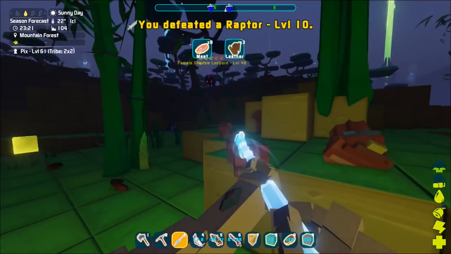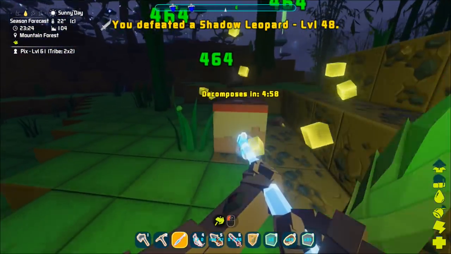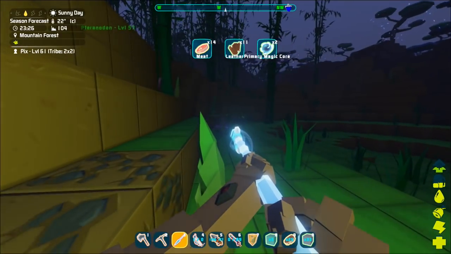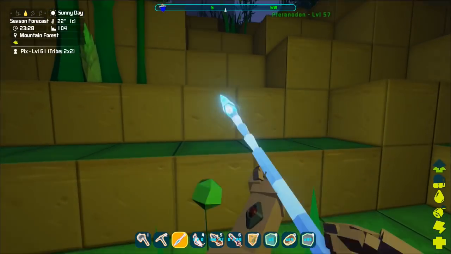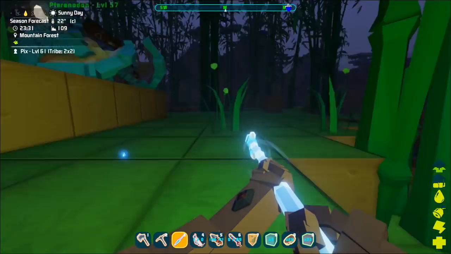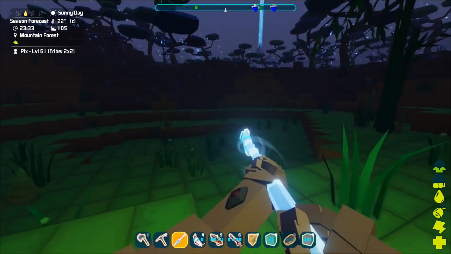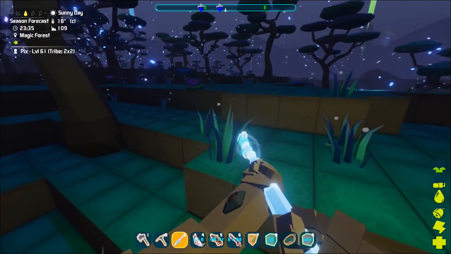There you go. Poof! And there's a shadow leopard as well. There's a couple of these guys around. They shouldn't be too much trouble at this stage, but you never know. I think we're going to approach this on foot, mainly because I don't want to lose my Pteranodon. I keep losing them, and I haven't even named this one because I'm certain it's going to die at some point, which I really don't want to happen, but we will approach on foot, and we will try and take down...